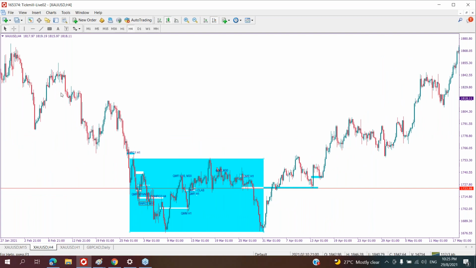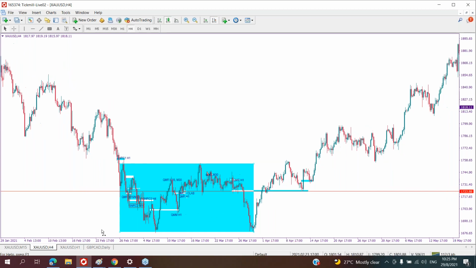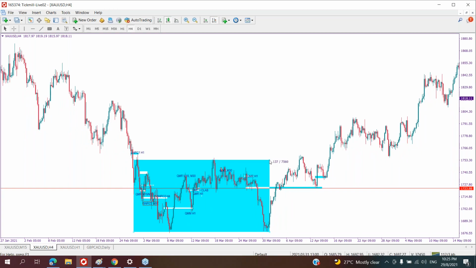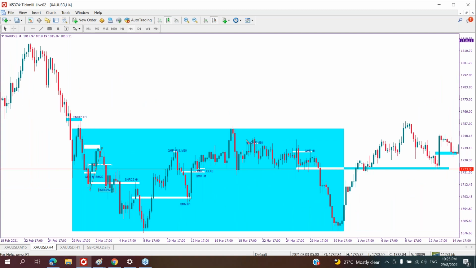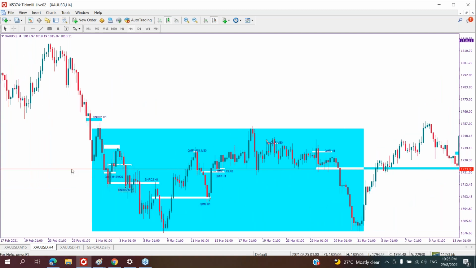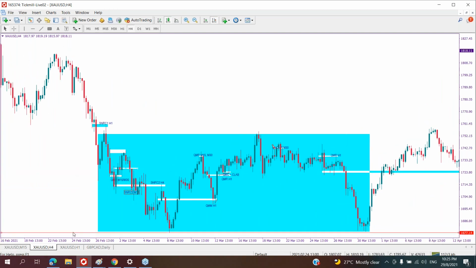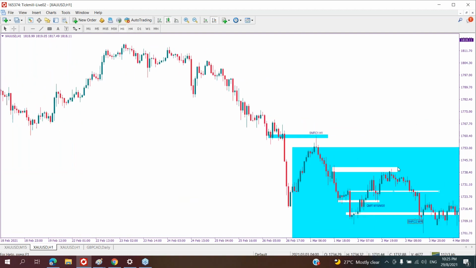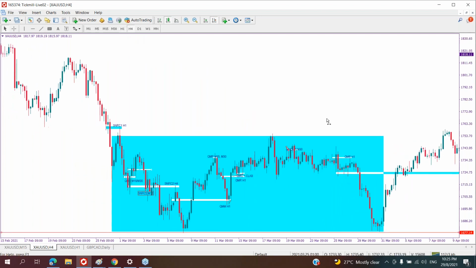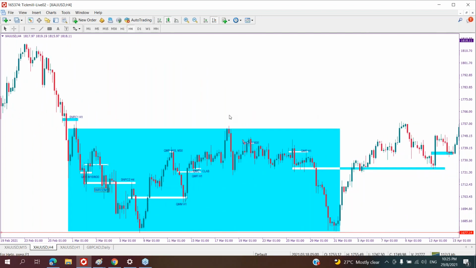Price makes a downtrend, then price moves sideways, and then price makes an uptrend. So we can see here the price making sideways. This is the month that I compound. Okay, this is H4 sideways, you can see. And why I chose H4 sideways, because